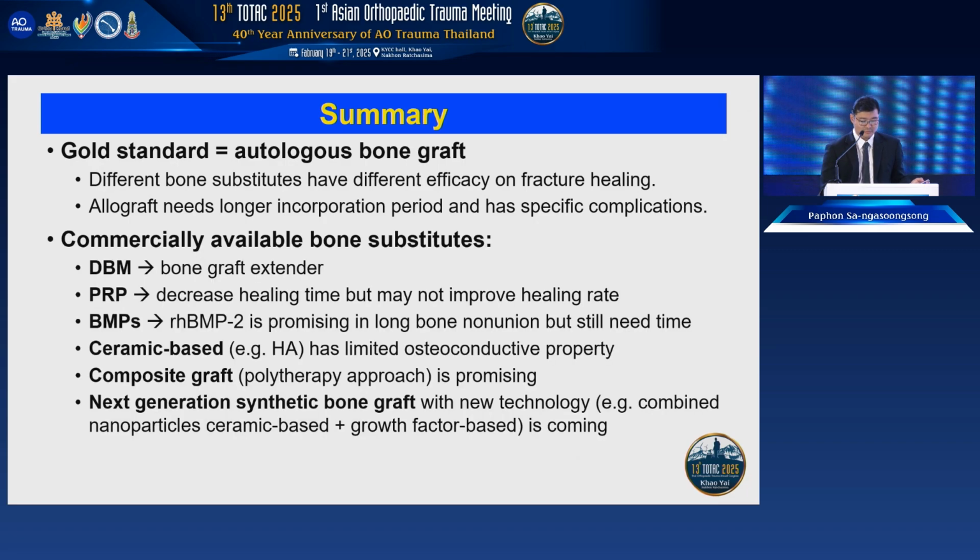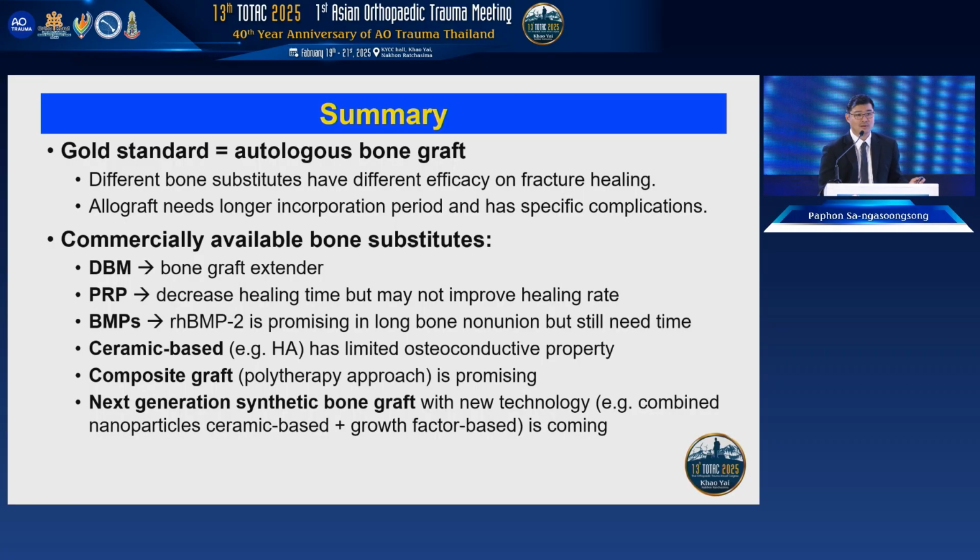So my summary is, for now, the gold standard is still the autograft. And when you try to use the autograft, you have to be careful about the longer incorporation period and the specific complications related to massive autograft. The commercially available bone substitute like DBM has an indication only as a bone graft extender. You have to mix it with another type of graft such as autograft or allograft. For PRP, the evidence shows that it has the potential to decrease the healing time, but not the healing rate. BMP has a successful result, with BMP2 more than BMP7,